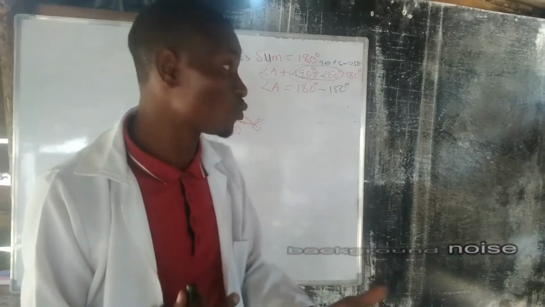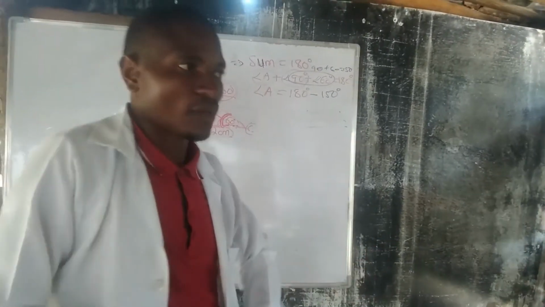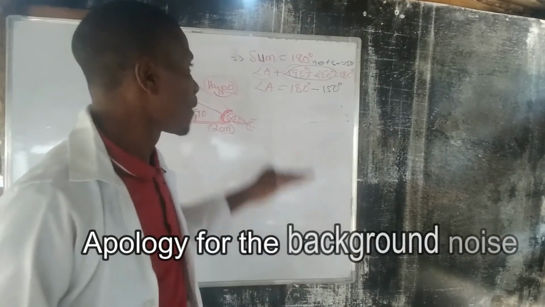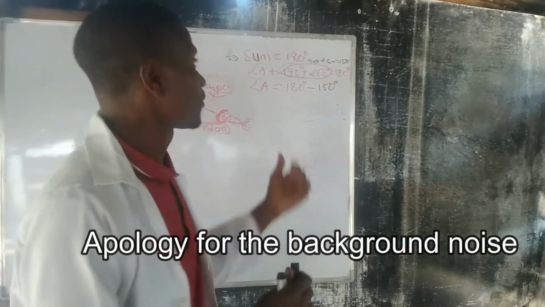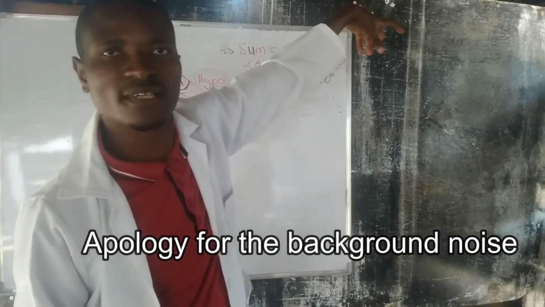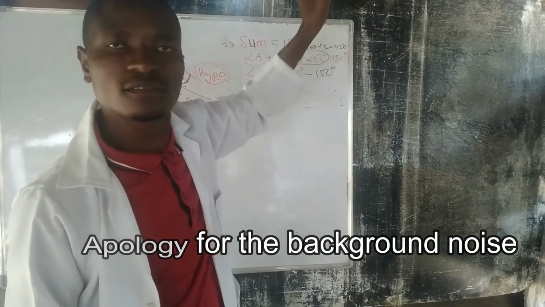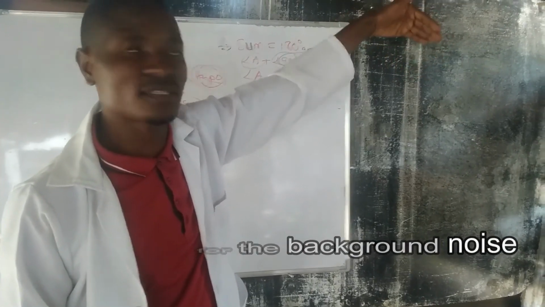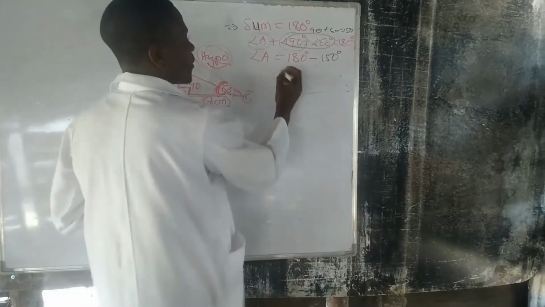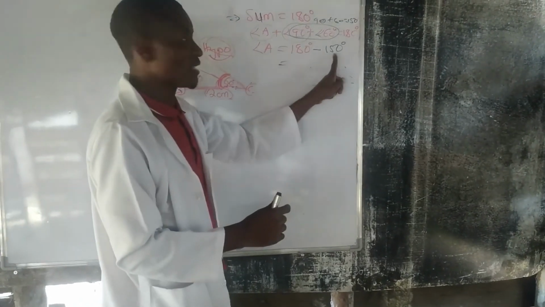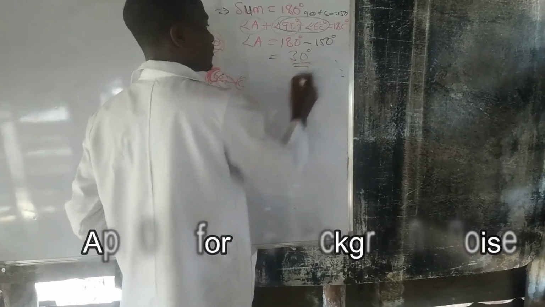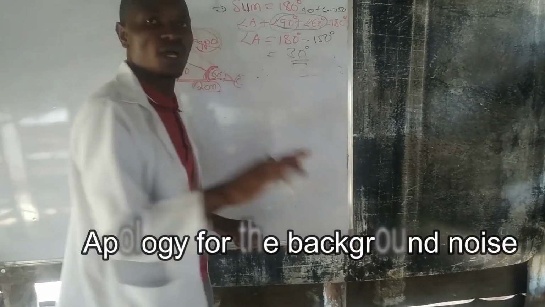If you don't, please don't worry. We'll come and explain more about equations and stuff like that. But for now, just know that 90 plus 60 is 150, and then you take it to the other side. Once it goes to the other side, it changes the sign, so that's why it is negative. So 180 minus 150, you get 30 degrees. So therefore, angle A